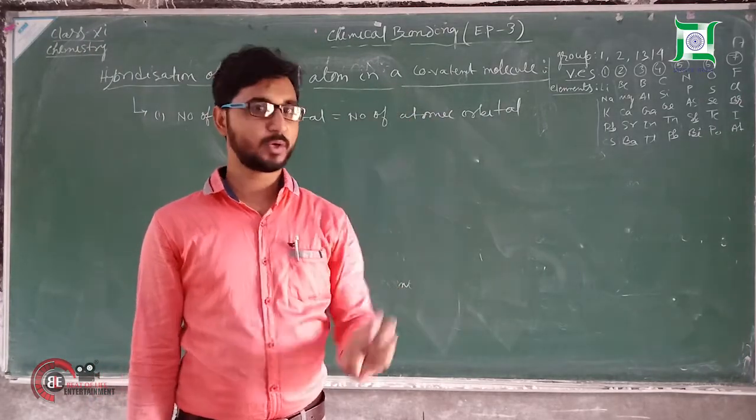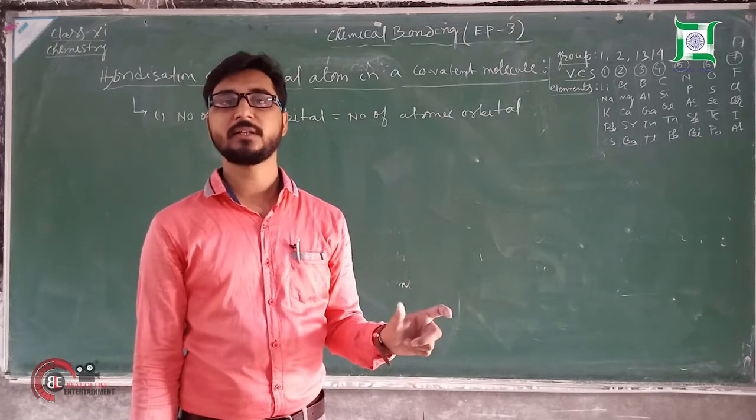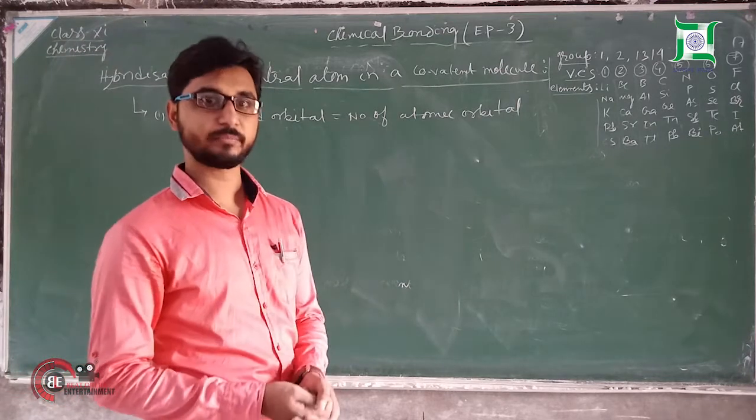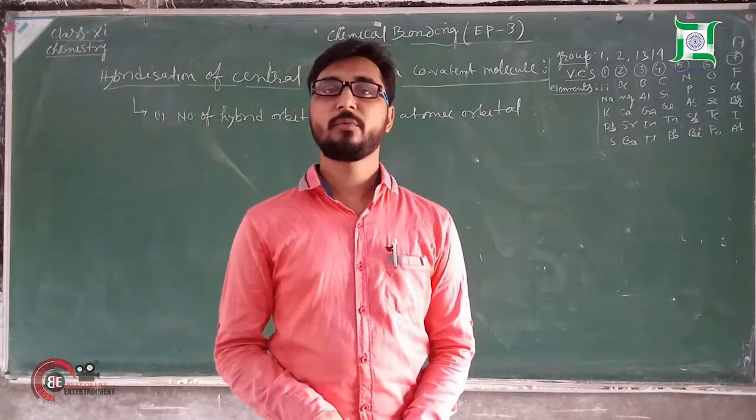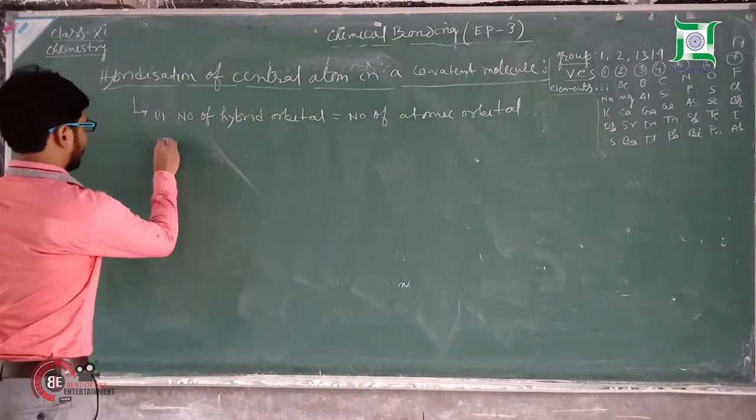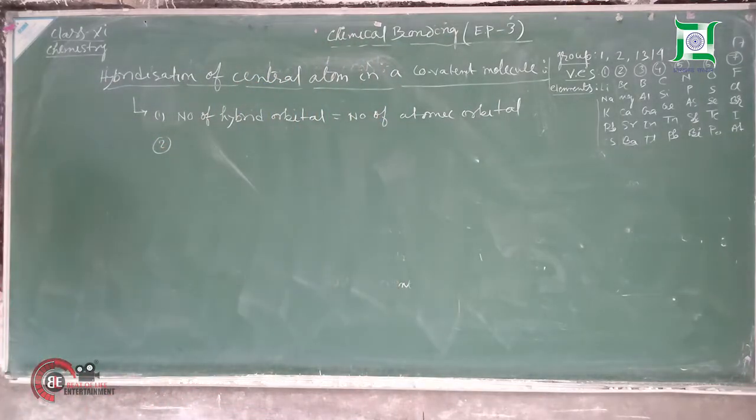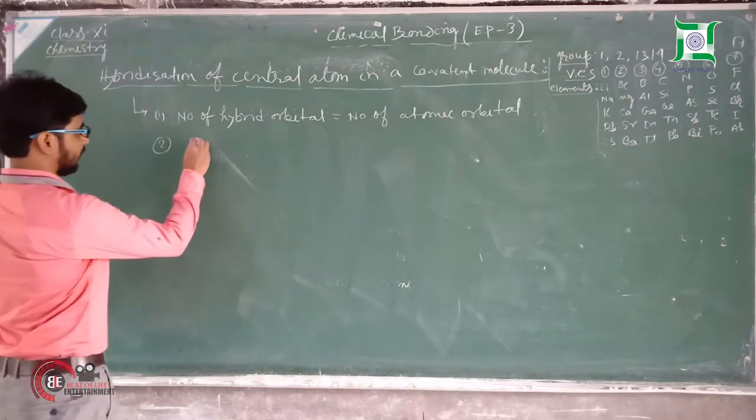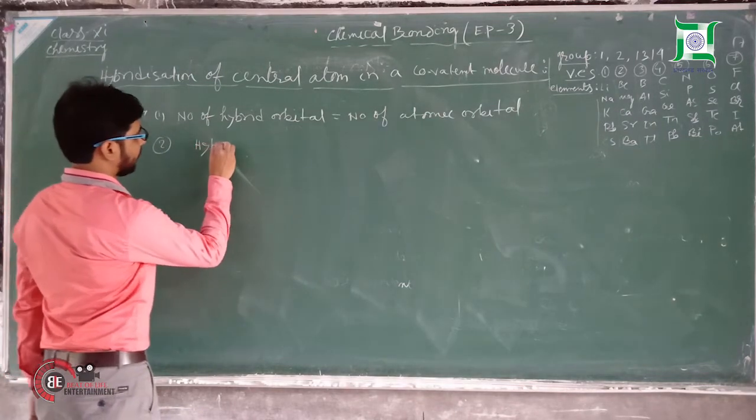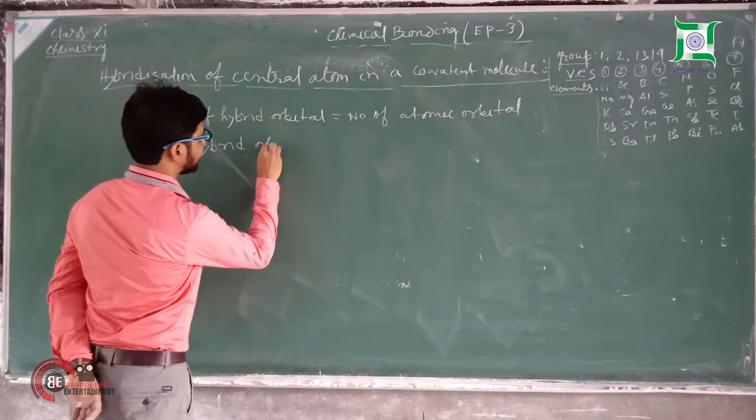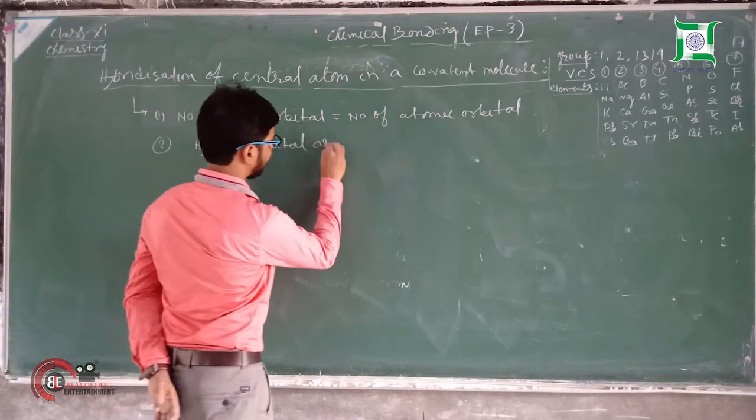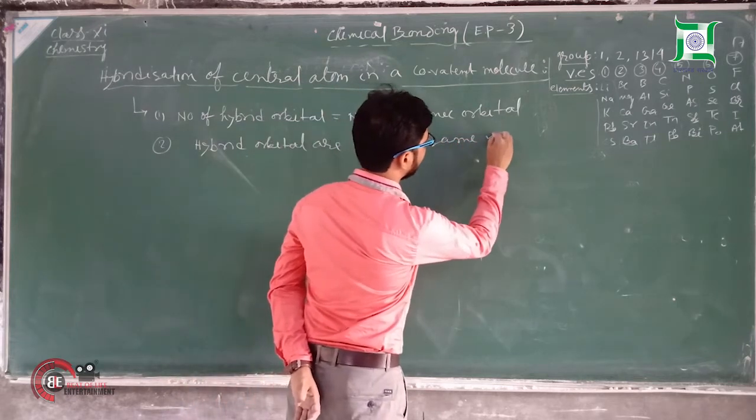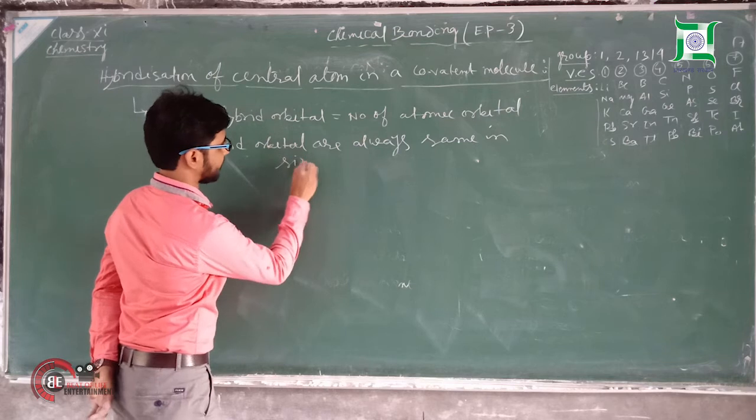That means if two atomic orbitals are involved in hybridization, then the number of hybrid orbitals will be 2. If 3 atomic orbitals are involved in hybridization, then the number of hybrid orbitals will be 3. So number 1 is that the number of hybrid orbitals formed is equal to the number of atomic orbitals. Next, hybrid orbitals are always same in size and